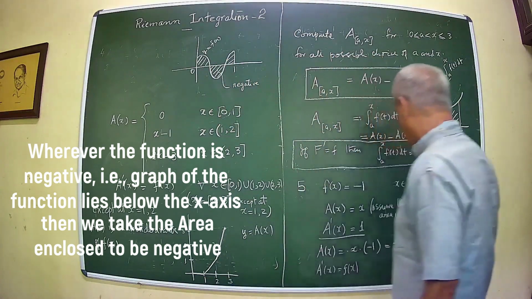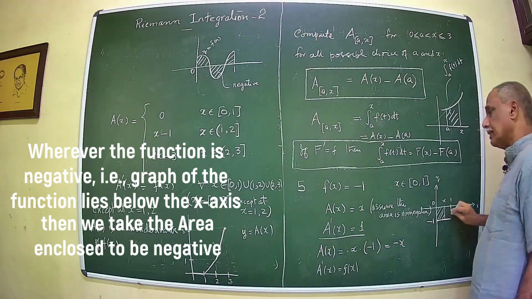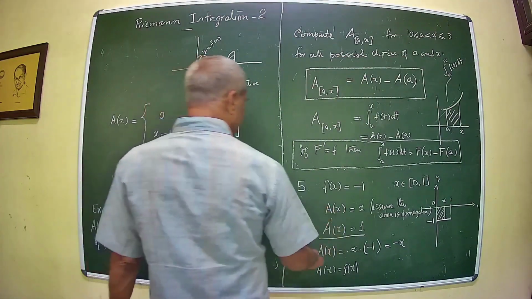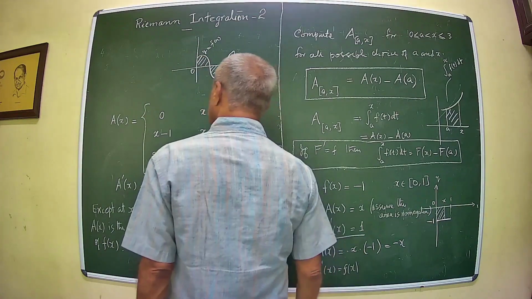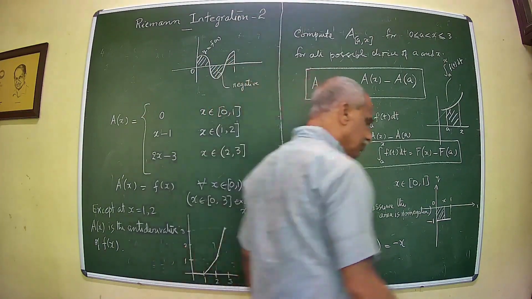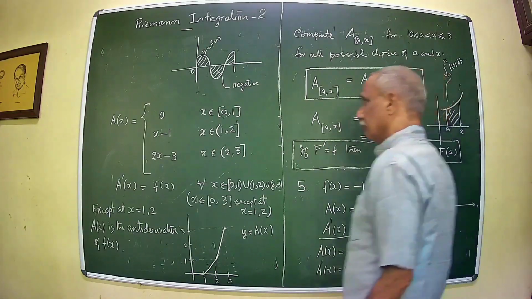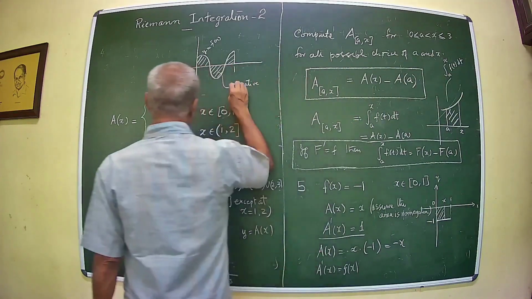That is the moral of the story. In that case, one can possibly get a derivative equal to f(x). So the area function will simply give you the antiderivative. Okay, so with this convention,